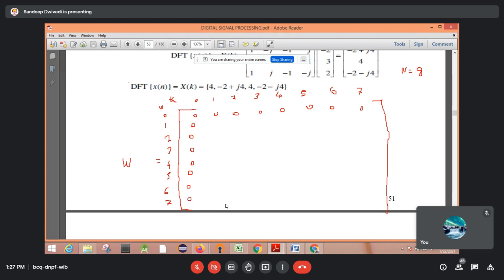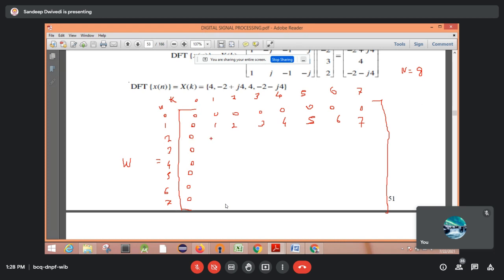Yes, sir. So this is W raised to power. In your notebook you have to write W raised to power 0, W raised to power 0, all the things. W raised to power 0 means the value will be 1. I am writing in terms of power only; all the terms inside the matrix have W raised to power, so I am mentioning only the power over here. Here, multiply by 1 this row to all the columns, so this will simply be 1, W raised to power 1, 2, then 3, then 4, then 5, 6 and 7. Then with 2, multiply all the rows.